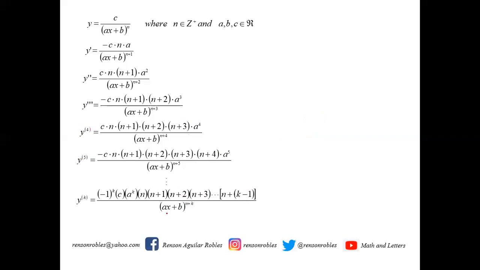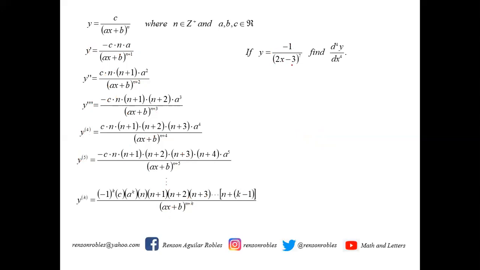So all over ax plus b raised to n plus 5, fifth derivative, 4, fourth derivative, plus 3, third derivative, plus 2, second derivative, plus 1, first derivative. So that's n plus k. Okay. So for instance, if we have